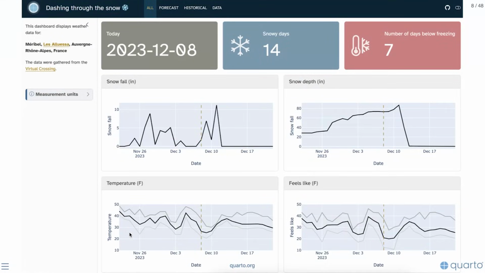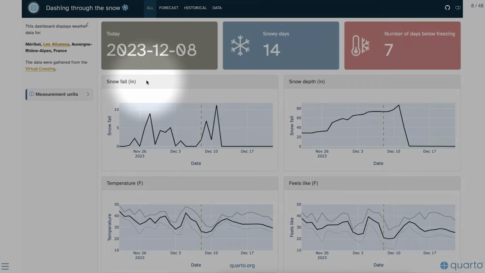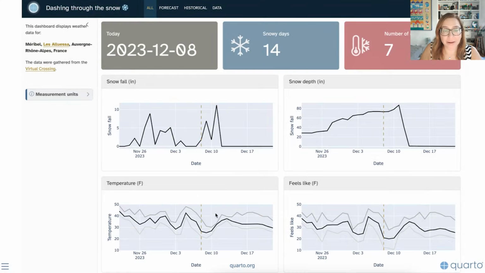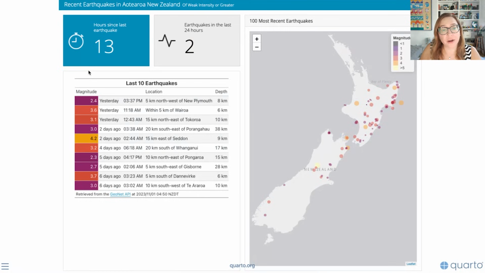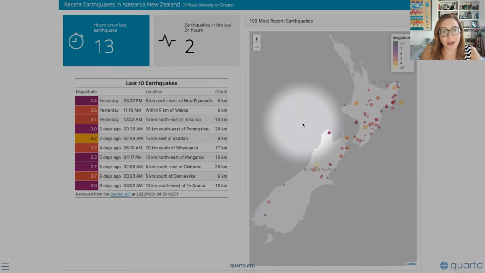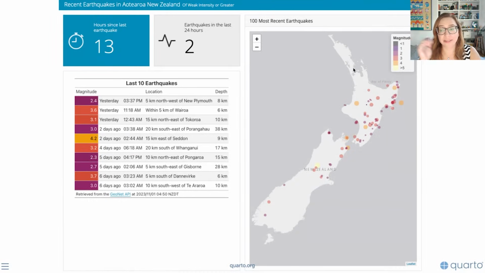This one is similarly organized in rows again, 1, 2, 3, and it also has multiple pages, but it has another feature that is a sidebar. Here we can see that the content is organized in columns. So we have two columns of content, and within the first column, we've split it into rows. Again, a top row of value boxes and then a lower row of table. And on this side, we're seeing a visualization, and that is actually an interactive visualization that is created with Leaflet. So we have embedded an HTML widget in our dashboard as well.